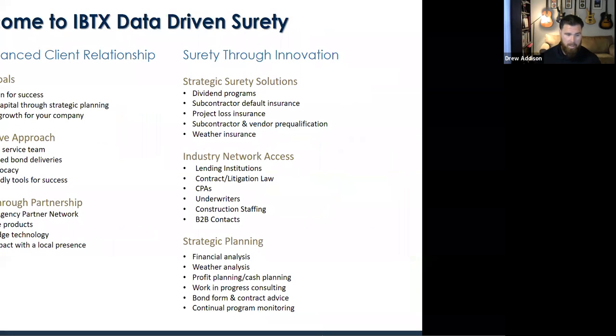What we do internally at IBTX is we actually underwrite the files directly. Not only are we doing it from an underwriting perspective, but we want to get you connected into the network as much as we can. Whether that be through CPA connections, legal connections, banking connections, we also have some other bells and whistles that we can get you connected in with. And even some of the general contractors and subcontractors that we work with, we want to make sure that everybody's working together and getting things done.